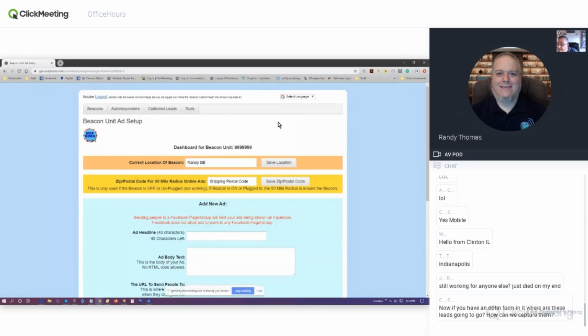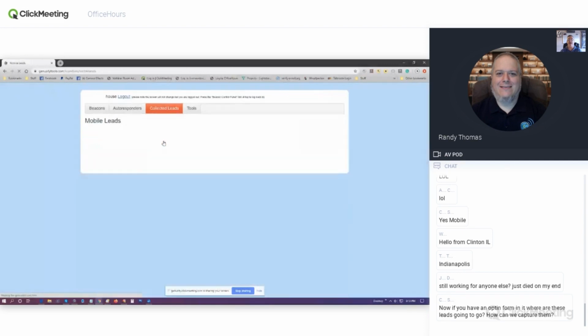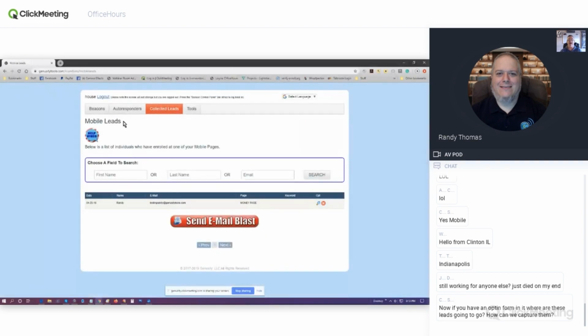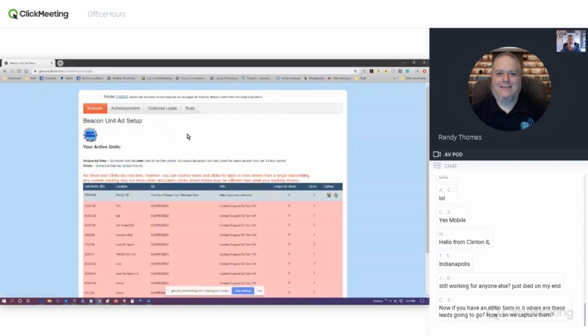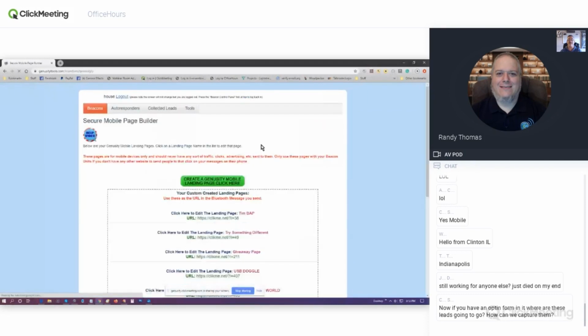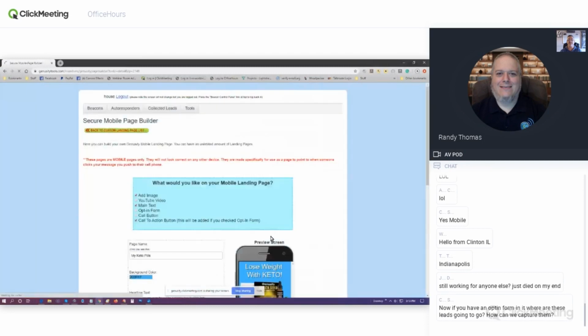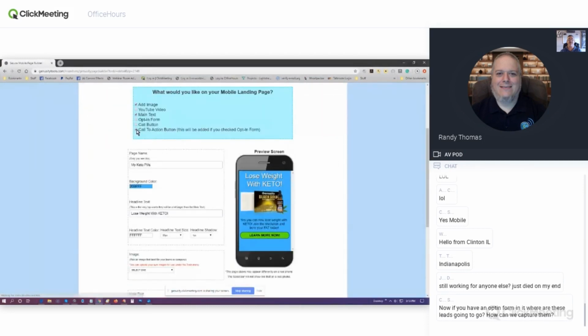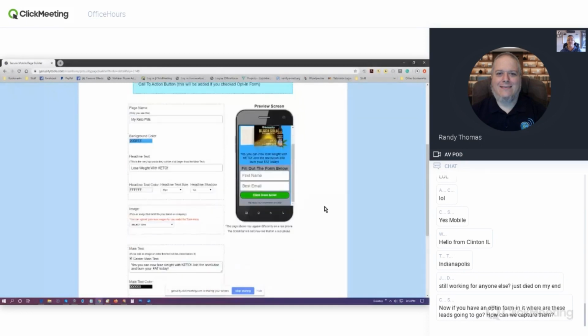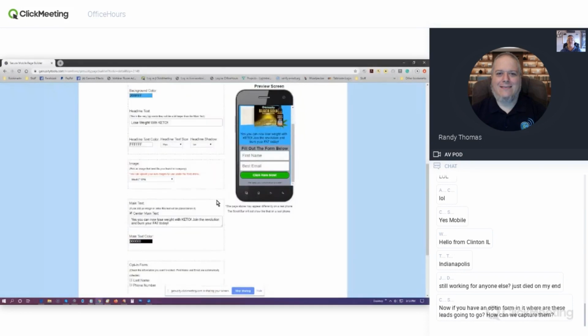Now, if you have an opt-in form in it, where are these leads going to go? How can we capture them? If you have an opt-in, they're going to go under mobile page leads. Okay, they're going to go right under mobile page leads. So, had I built on the secure mobile landing page an opt-in form instead of a call to action button, when they filled out this form here,